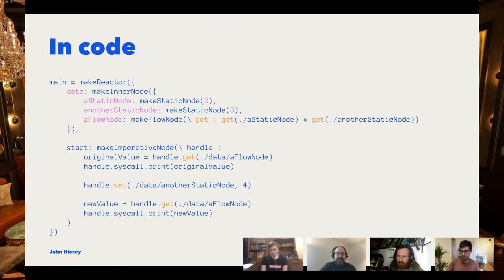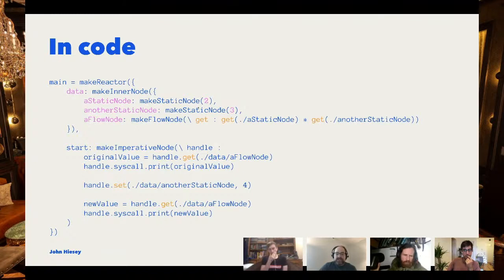So here's a little bit of code that goes along with that diagram. So main equals make reactor. Reactor is essentially just the way you make the root node in this graph. And then we have two subnodes. We have data and start, just like in the diagram here. And data is make inner node. So this is essentially a container that holds things, just to keep things organized. And I have a static node and another static node.